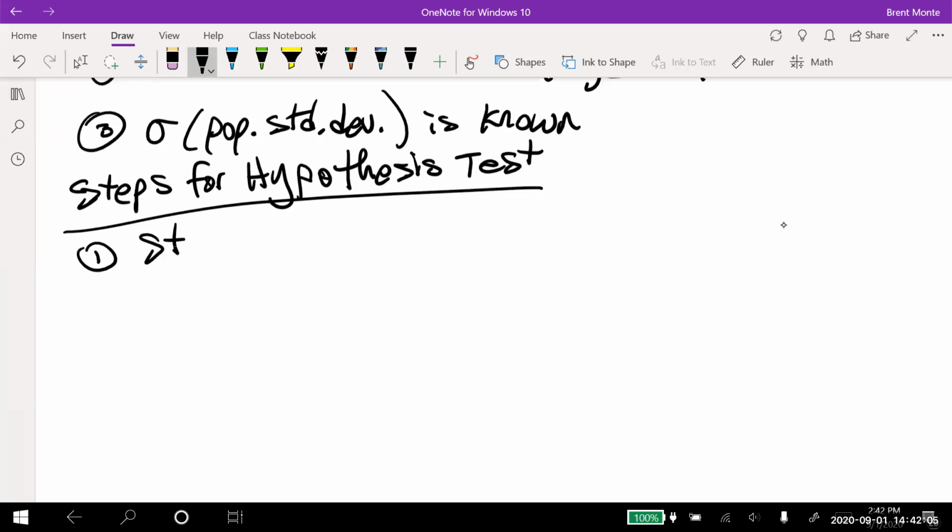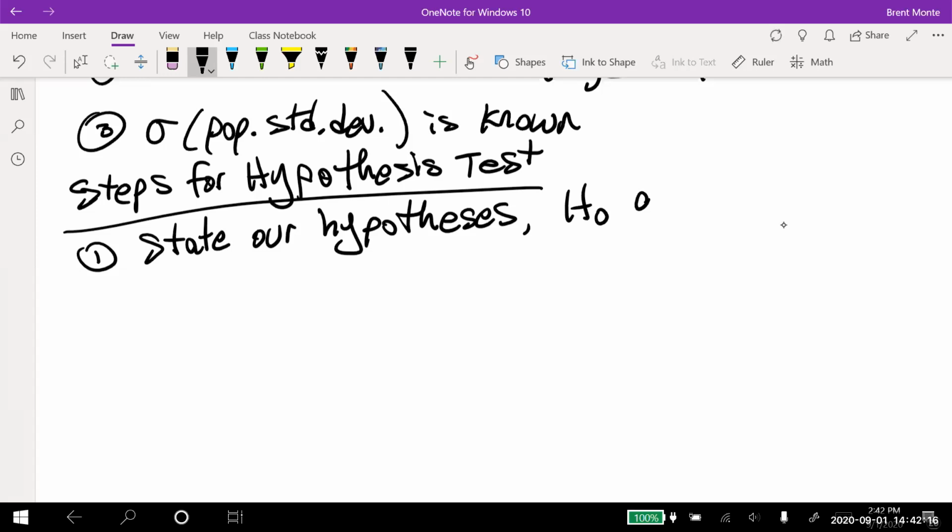First one, we have to state our hypotheses. And that's what we talked about last time. That's the null hypothesis, H sub 0, and the alternative hypothesis, H sub A. Remember, some authors will call that H sub 1 for the alternative. Our author calls it H sub A, so we'll stick with that. Step 2,